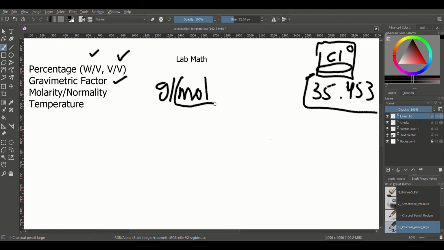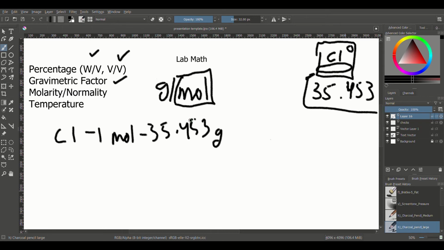Now what is a mole? Well, a mole is kind of a way of counting the atoms in something. So when we say that chlorine's atomic mass is 35.453 grams per mole, that means that 1 mole of it weighs that many grams. So a mole by itself is the weight of a specific number of atoms of that element. So let's say with chlorine, 1 mole weighs 35.453 grams, and 1 mole